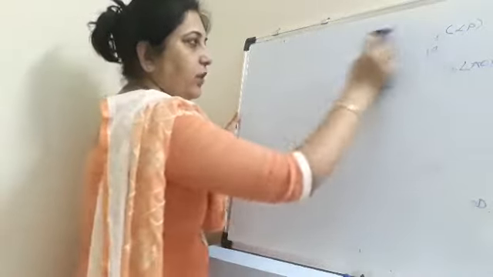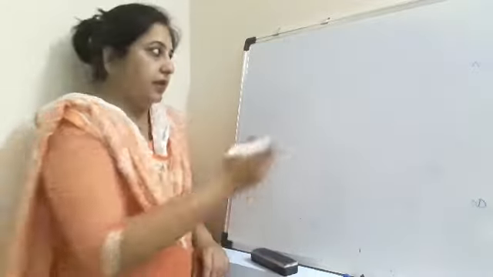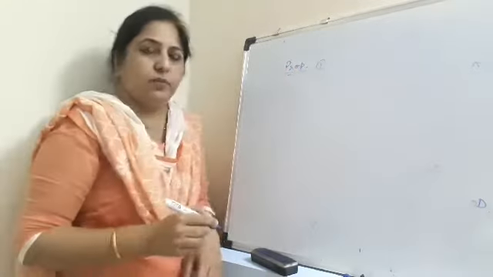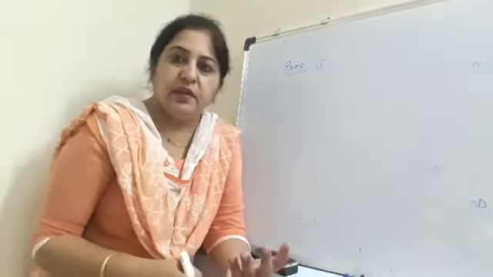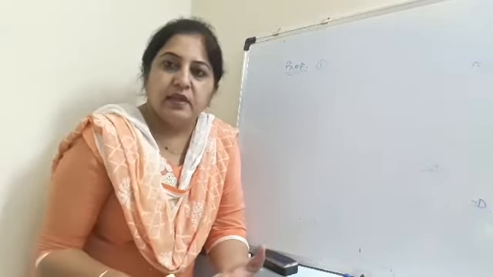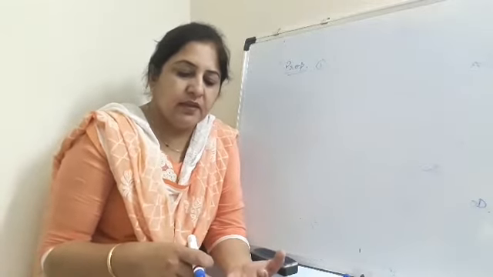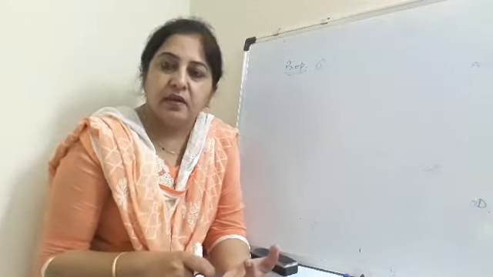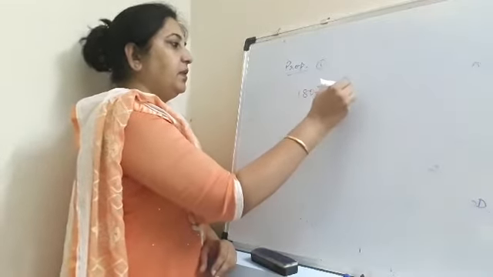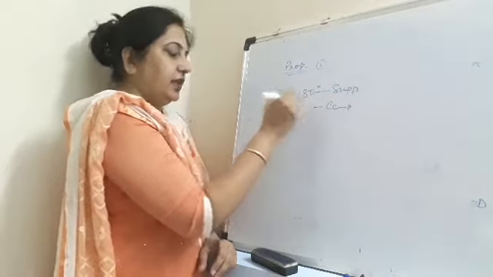Now the exercise questions are based on the properties which we had discussed yesterday. So before starting the exercise, once again we'll use the properties. You know that the sum of the linear pair angles is always equal to 180 degree, right? Then when two lines intersect, vertically opposite angles formed are equal. Then we had done the supplementary angles are the angles which add up to how much? 180 degree. These are the supplementary angles. The complementary angles are those angles which add up to 90 degree.